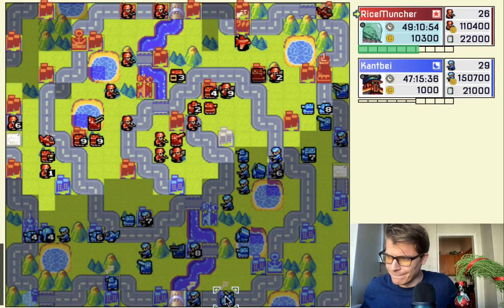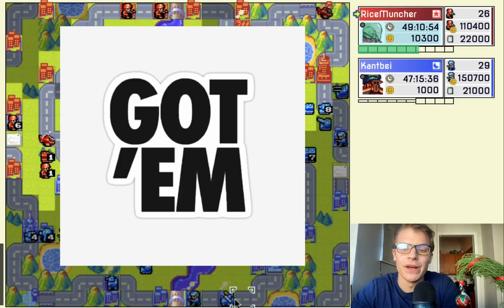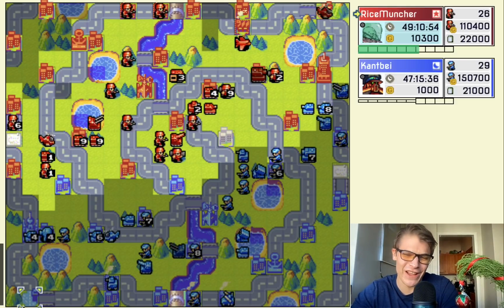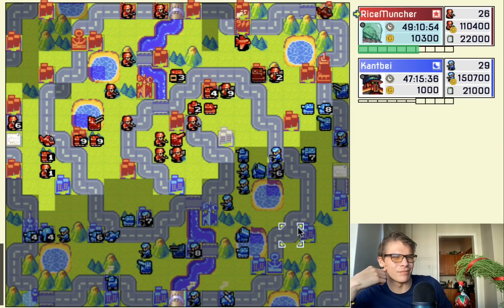Yeah, why the hell not? I can tell you why the hell not, because they suck. But yeah, I don't agree with that. Just get a bunch of anti-air. Or a fighter. A fighter would have been a lot better than missiles. Okay, they give you some fog of war vision, some good vision. But